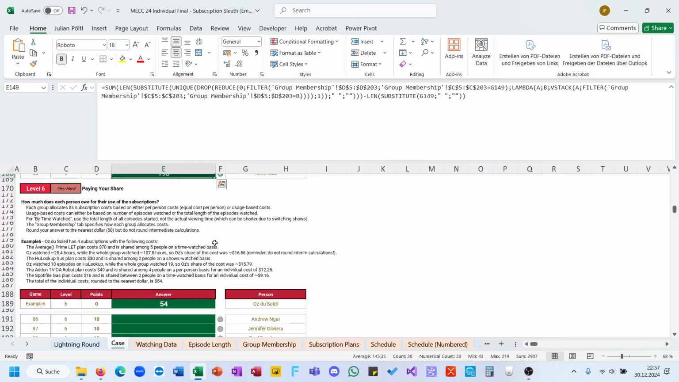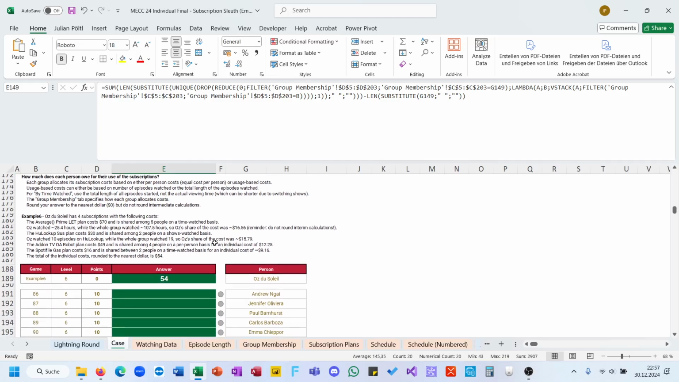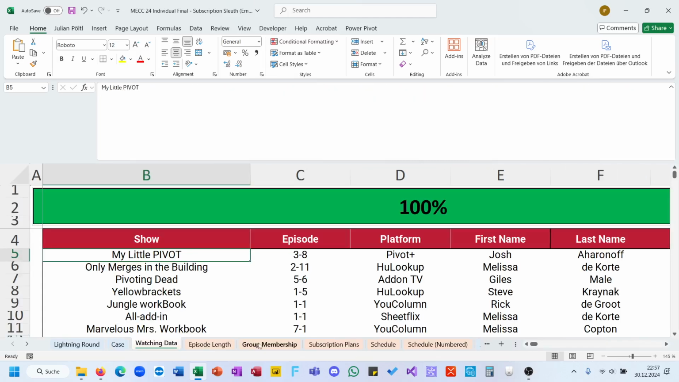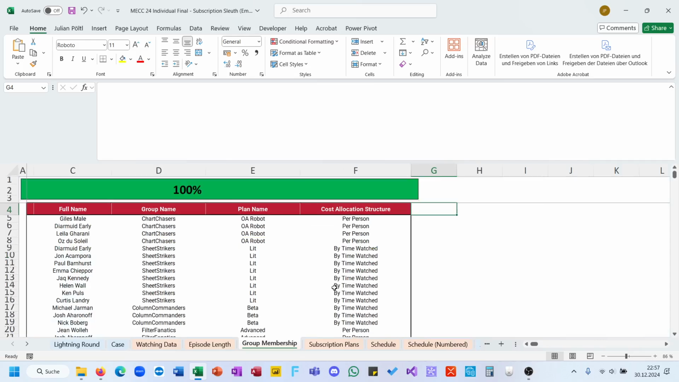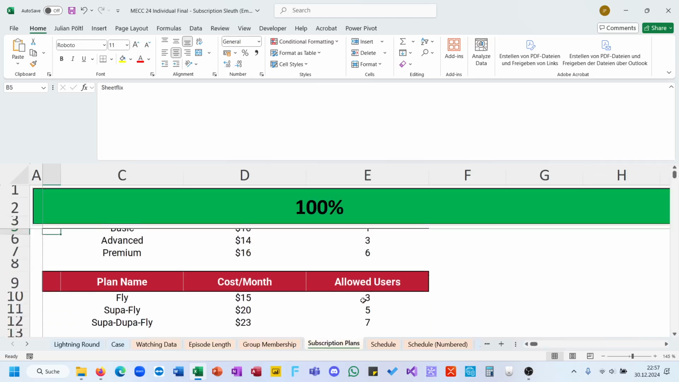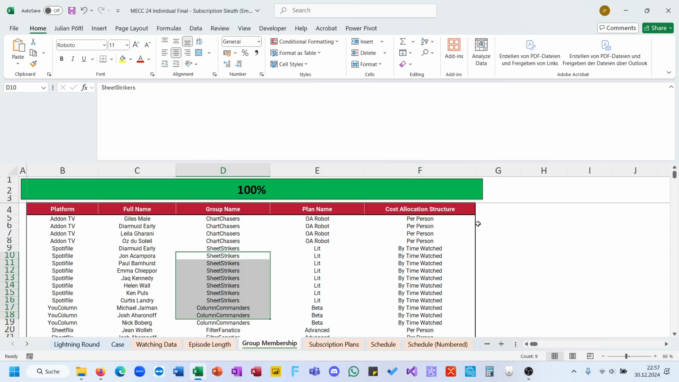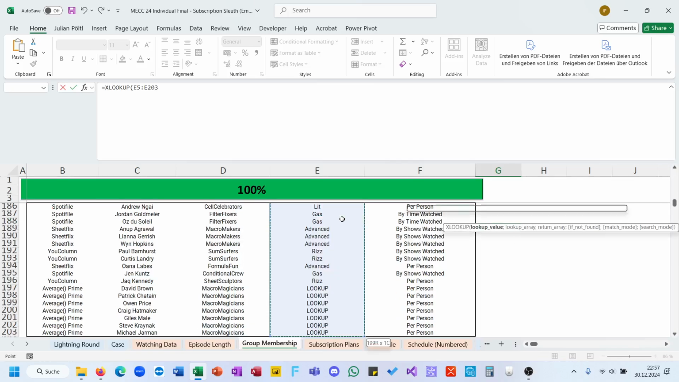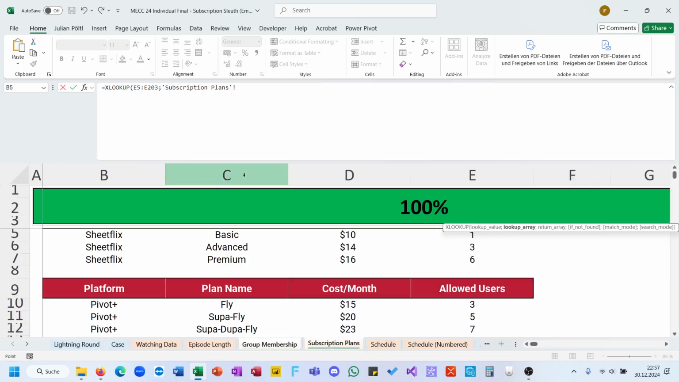So level 6, paying your share. It's like a little bit of a modeling case. So there are 3 different types in which you share your subscription, and here this is done here. So base cost for the subscription plan is like an XLOOKUP for the plan name in here, returning the costs,